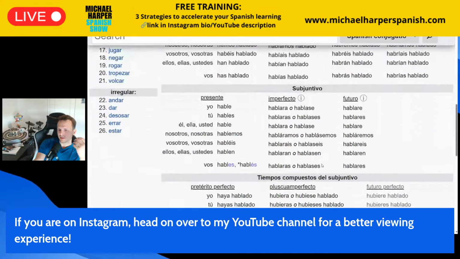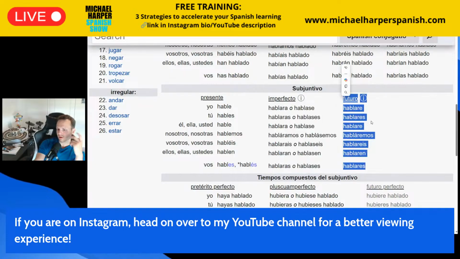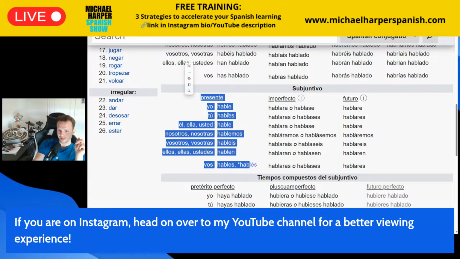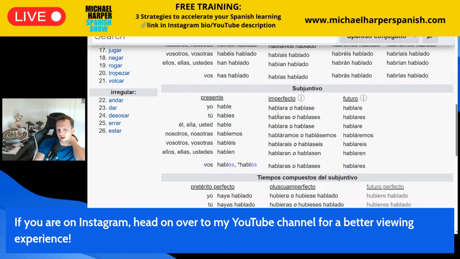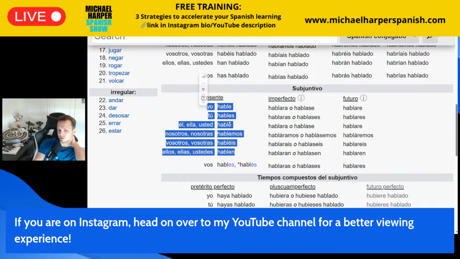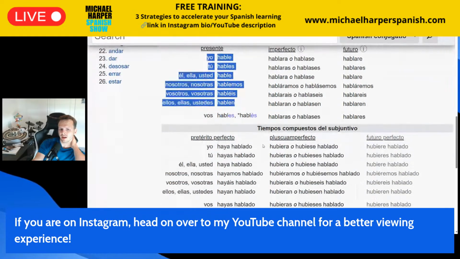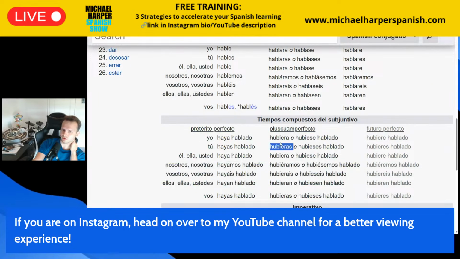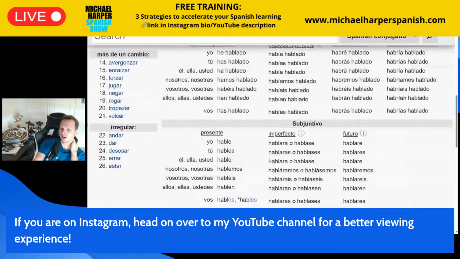And then down here is something called the subjunctive. Whenever you see something called the future subjunctive, even down here, completely delete it, erase it, it doesn't exist, so don't even worry about it. The only thing you need to know in the subjunctive is the present and the past subjunctive. This is just for certain situations. But that is it. That's the Spanish language. And down here is technically the subjunctive for the verb haber that I mentioned earlier, like have spoken, would have spoken, will have. So that's it. That's the Spanish language. That's how many conjugations there are.